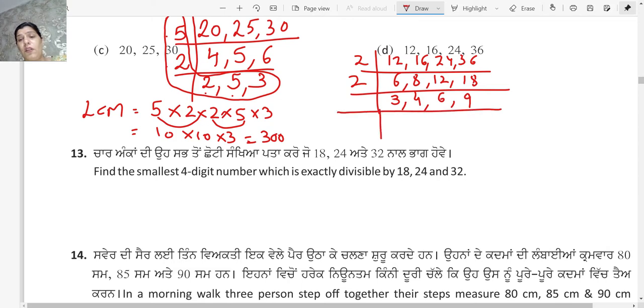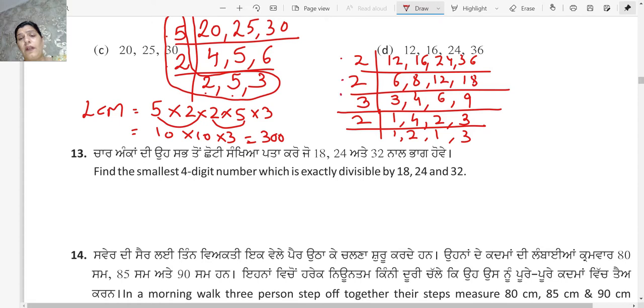Now out of these, 3, 6 and 9 are divisible by 3. So I will write 3 1s are 3, 4 is not divisible, I will bring it down as it is. 3 2s are 6 and 3 3s are 9. Now 4 and 2 are there, both are divisible by 2. So 2 2s are 4, 2 1s are 2, and 3. Now beta, 2 and 3 have come below as co-prime, so you can leave it over here.